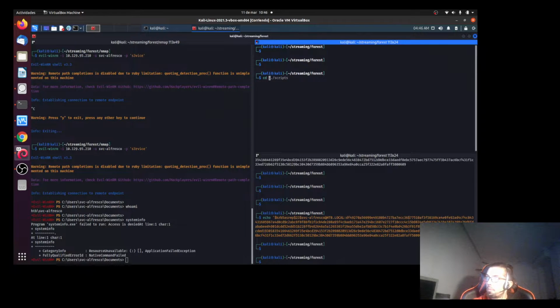Inside, for example, of data. Yes. Here. I'm going to locate Bloodhound Python. Yes. Here,